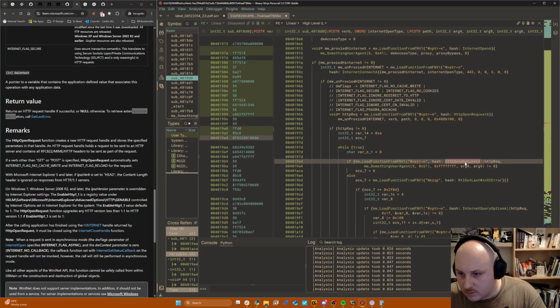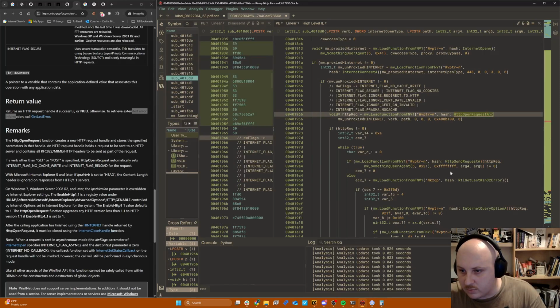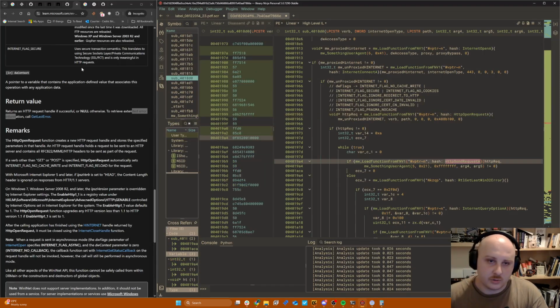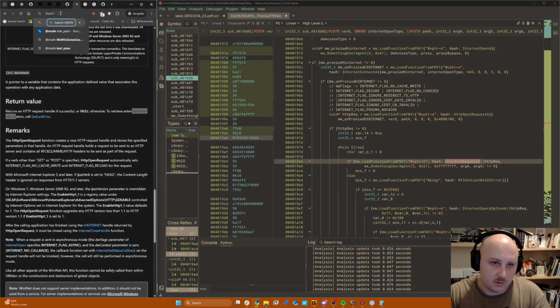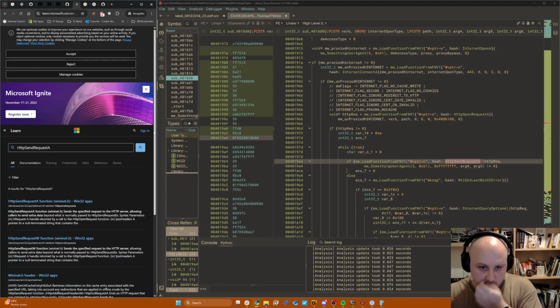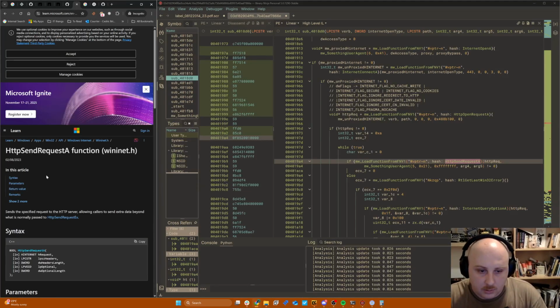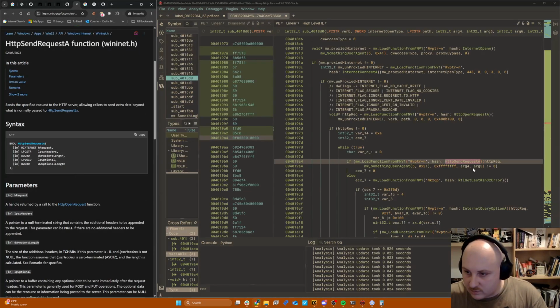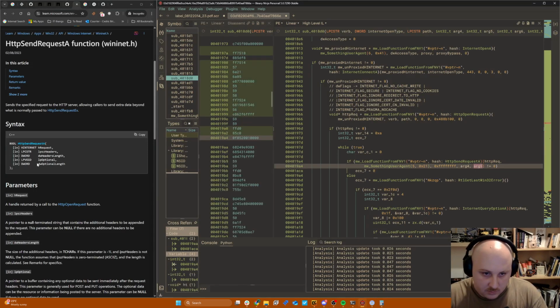Alright, so we see a second HTTP. Okay, so this is just opening the request, and then we actually send a request, which is going to be a different API. We can potentially extract more information from it. So we see that the fifth argument is going to be